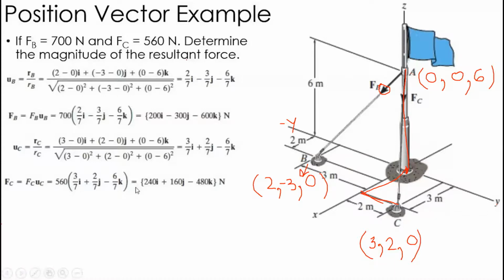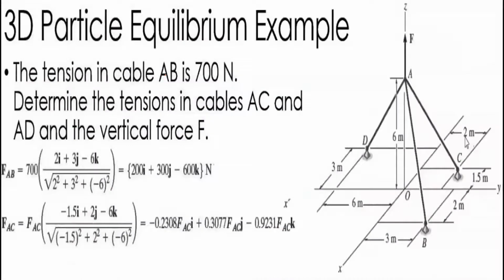So in the 2 steps, what we have done earlier, you can see the magnitude of FB is given here, magnitude of FC is given here. So what you have to do, you have to find out the unit vector as we have done in the previous slide. Then you have to find out the forces in the Cartesian vector form. It's up to the problem statement, what is asked in the question. So you have to find it out accordingly. Let's have a look towards the next slide.